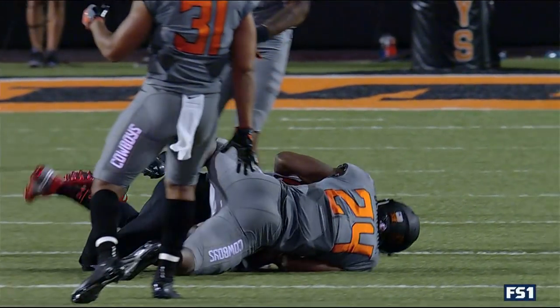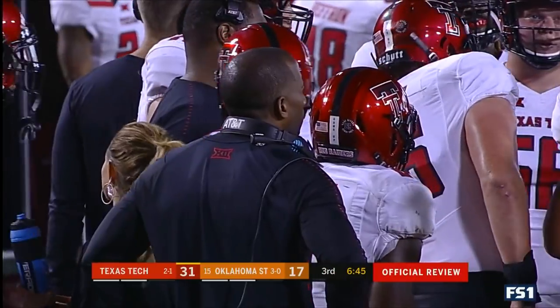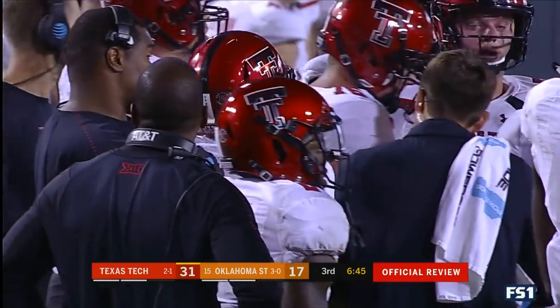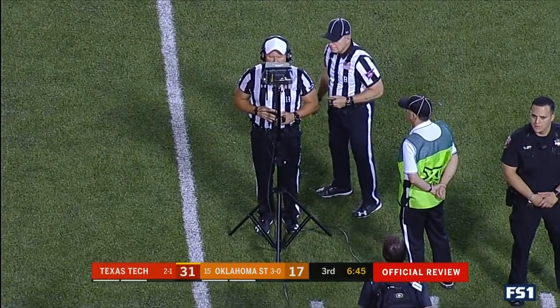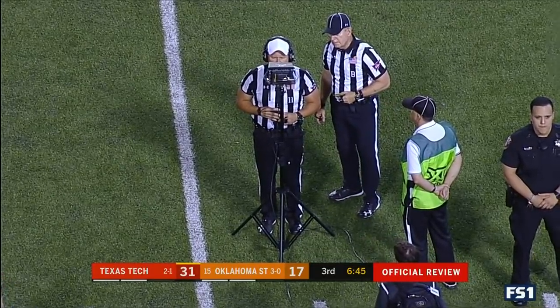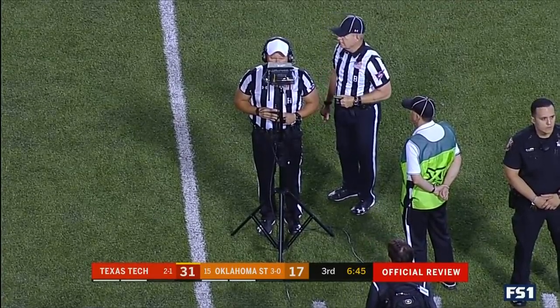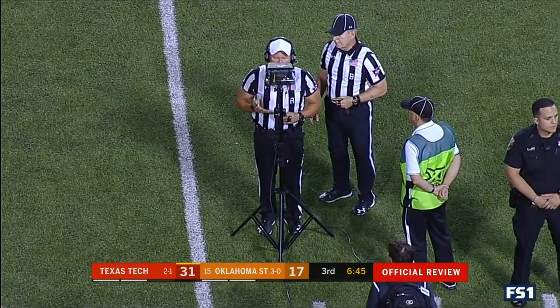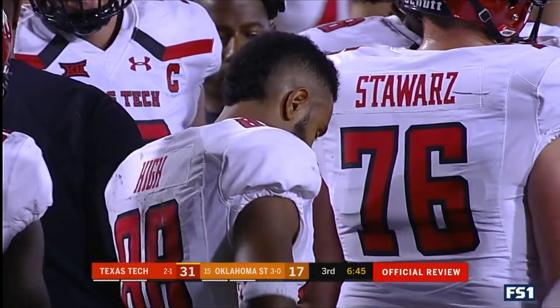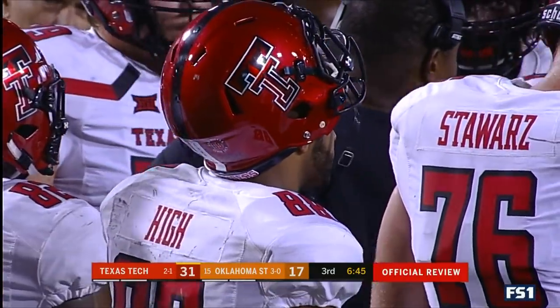Oof. I think it's a catch. I actually think that there was enough possession of the ball on the initial catch, contact with the ball, and then his knee goes down. So therefore, the play should be dead. I would say under the rules we had last year, before they revised the catch stuff, it would be incomplete. The way they rule things now, I would probably say they'll keep it as called and say completed catch. But if we were going by what we were talking about last year before they revised these catching rules,